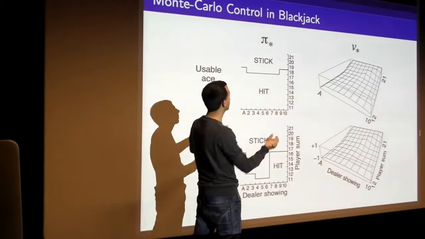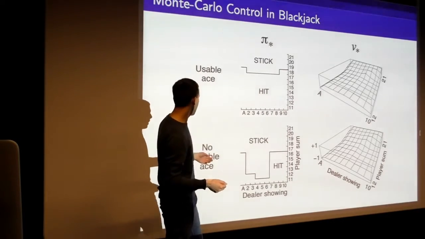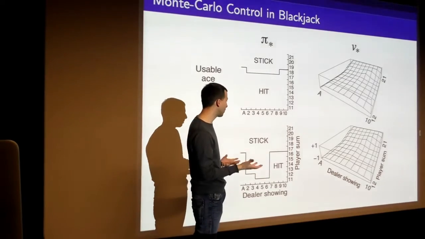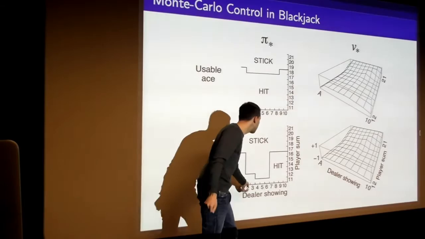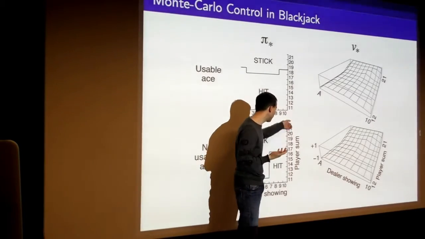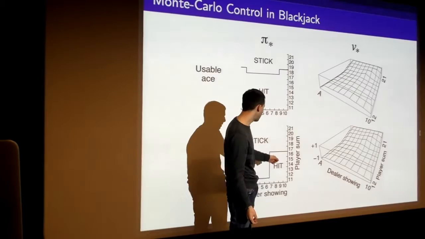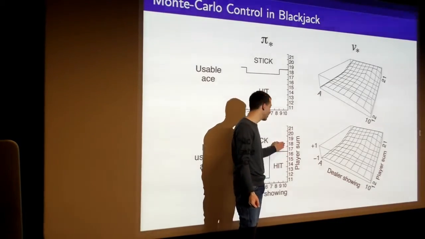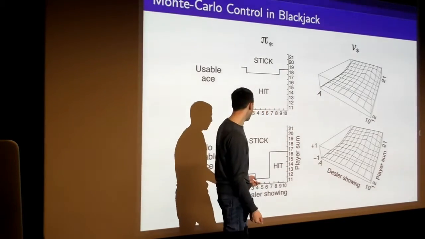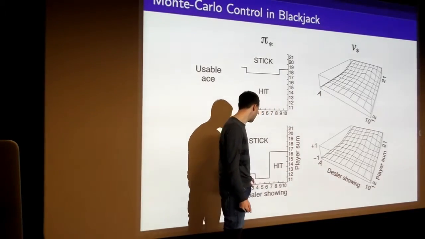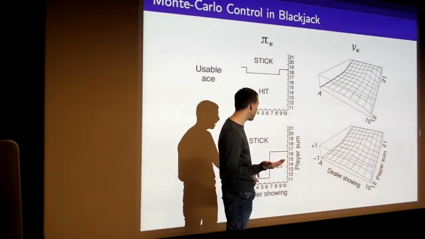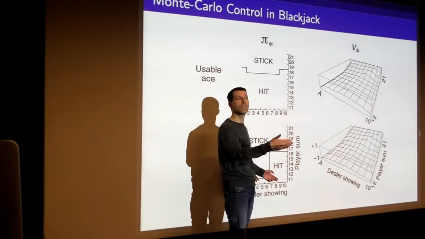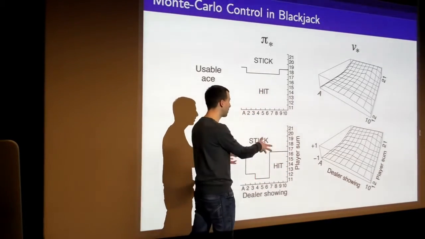And you end up with a policy which looks something like this. If you don't have an ace in your hand, this quite interesting looking policy is the optimal policy to follow. Depending on what the dealer has and what cards you've got, there's a threshold somewhere between 16 and 17, where if you've got 16 or less, it's better to ask for a new card. But in some situations the dealer has a difficult card to play with, where there's a high probability the dealer will go bust, in which case you should probably just stick and wait for the dealer to go bust. So you vary your policy according to that.